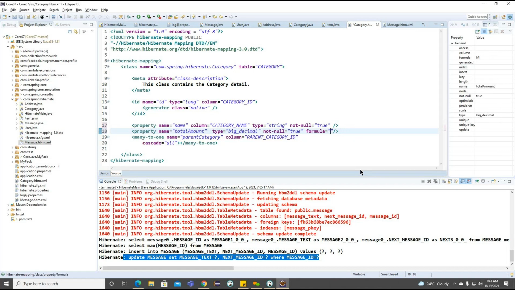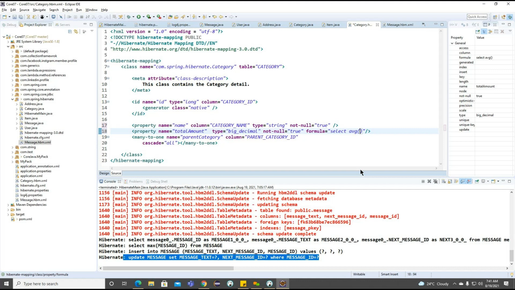For example, if I want to make the same total amount here, select average based on the amount. So based on this amount, what is the class we created?